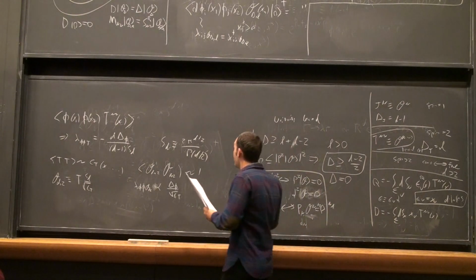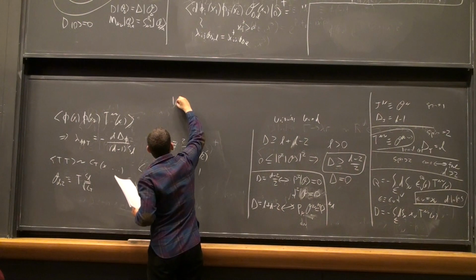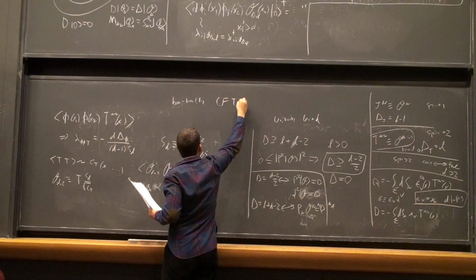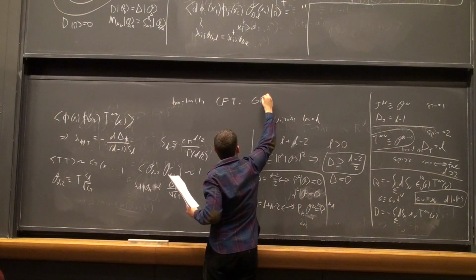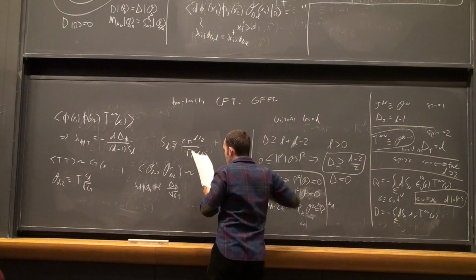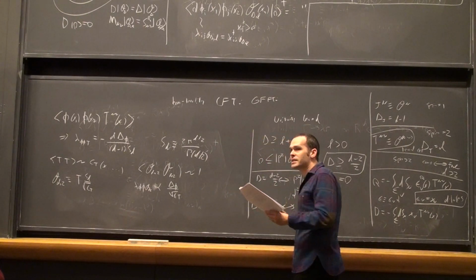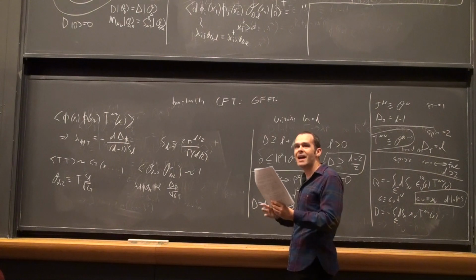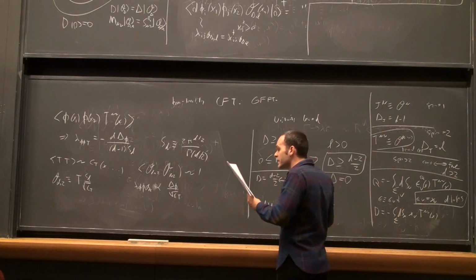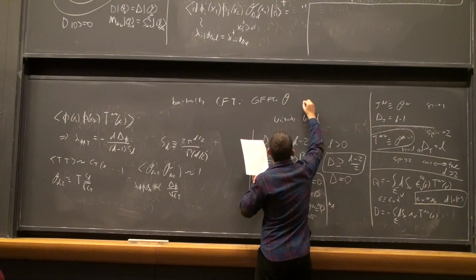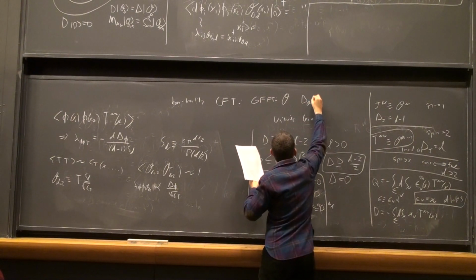And so a classic example of a non-local CFT in this specific definition of non-locality is something called a generalized free field theory. So a generalized free field theory is a theory which is just generated by composites of a given operator where you just add the dimensions. So it's non-interactive. And so imagine you have some operator O, a scalar, and imagine that the dimension of this O is